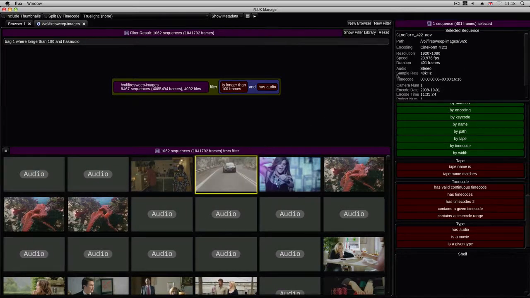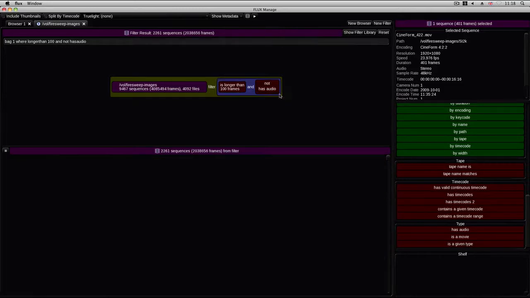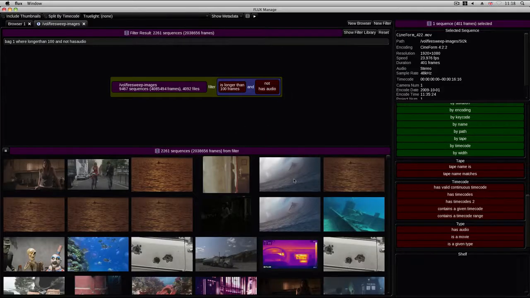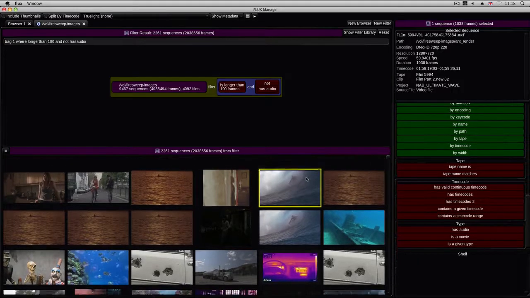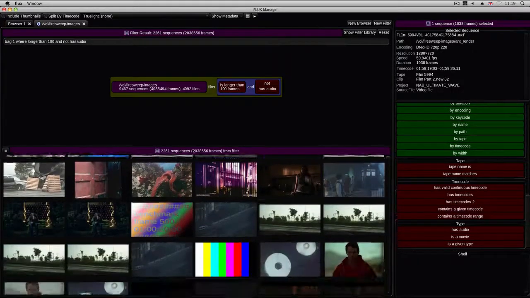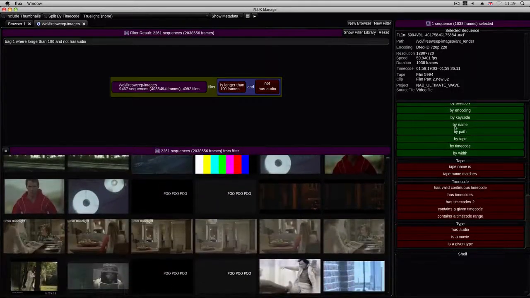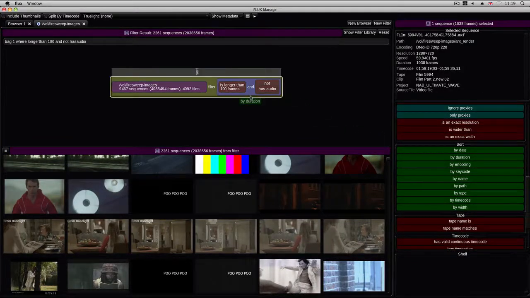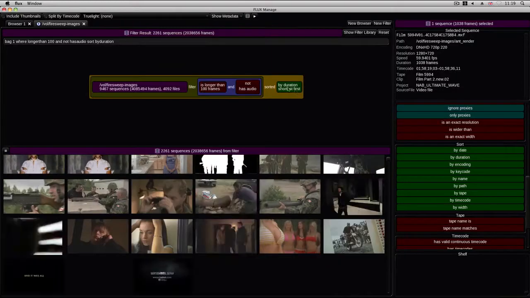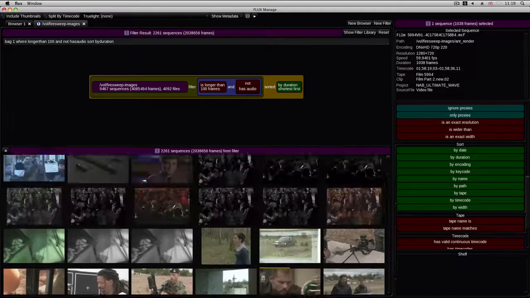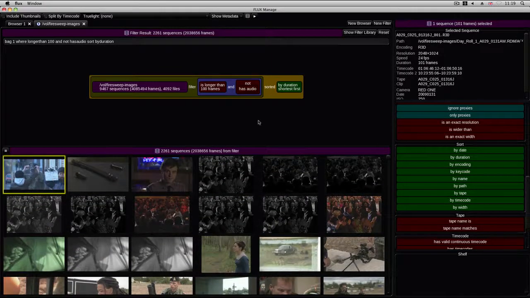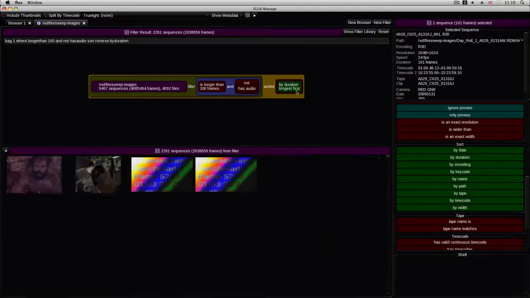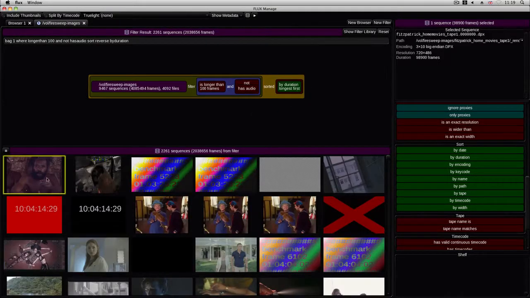But in fact, what we might want to do is just look for sequences that don't have audio. So we can invert the sense of the filter. This will show us just sequences longer than 100 frames that don't have audio. At this point, it might be useful to sort them into an order. So we can drag another sorting operator over onto our set, and we're sorting now by length, duration, with the shortest first. If we invert that, we can sort by longest first, and we can see that this particular one has